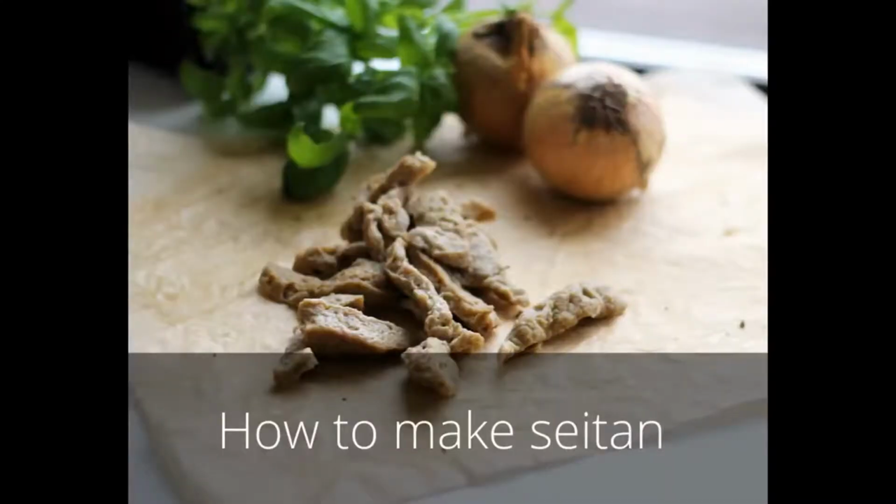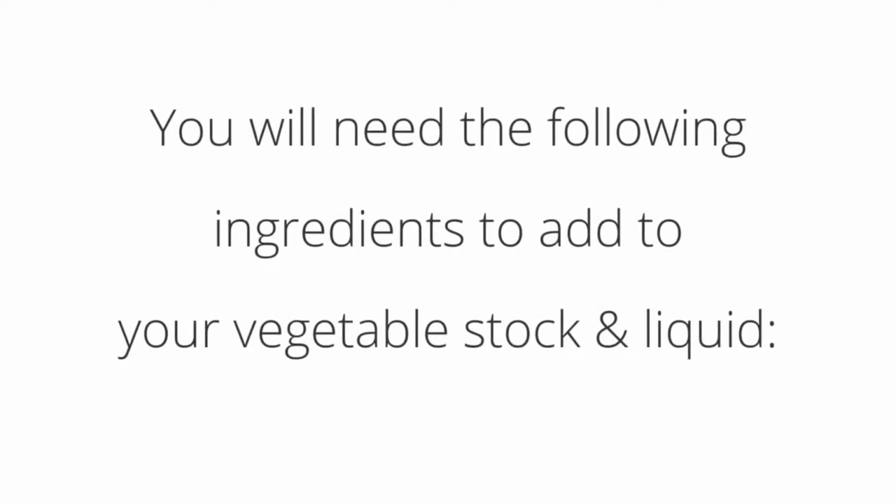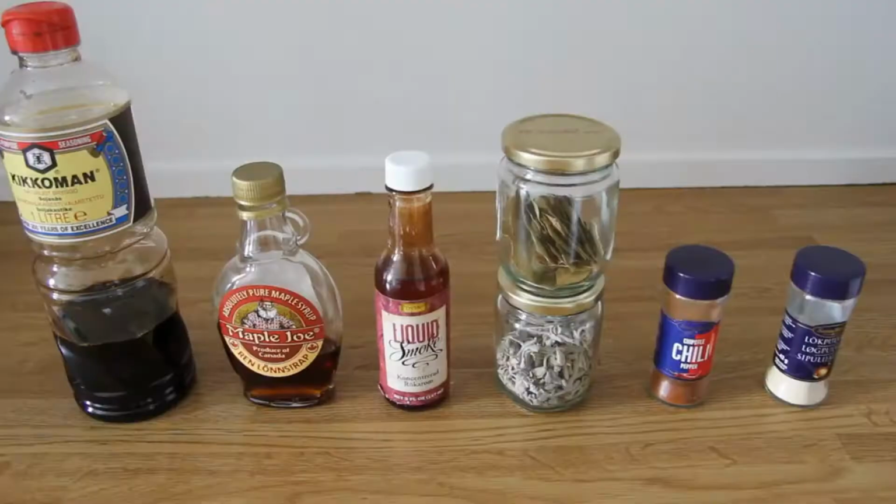Welcome! This is an instructional video to help you make seitan. The recipe used in this video can be found on www.elegantlyvegan.com. So, let's start. You will need the following ingredients to add to your vegetable stock and liquid: